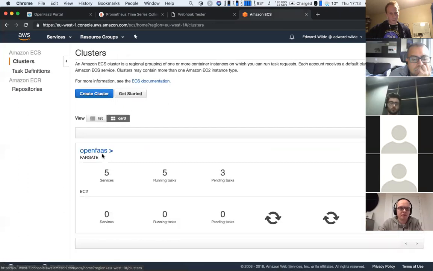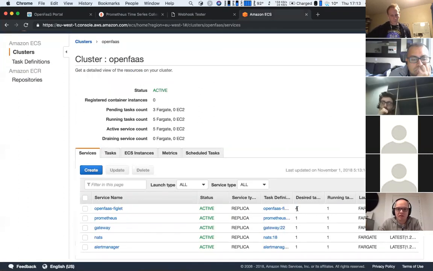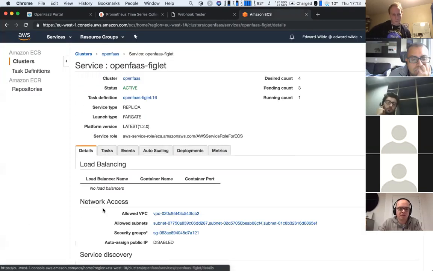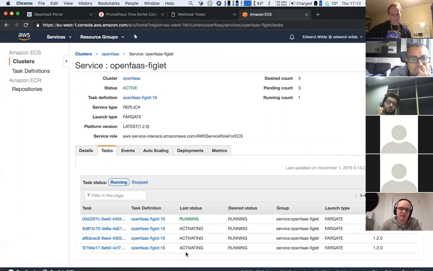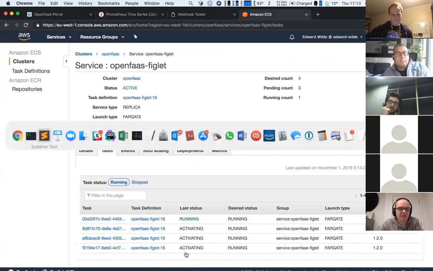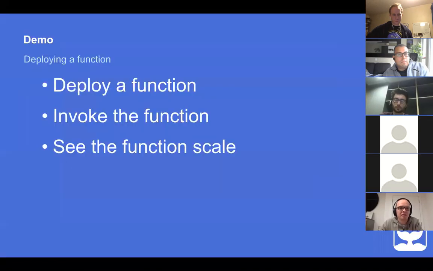Just bear with me, go back to the right screen. So yeah, you can see now that we're wanting 4 replicas, and it's going to be busy spinning those up behind the scenes. So you can see it's activating the other 3 instances. Okay, great. We got through that demo in the end. Thanks for bearing with me. So that's kind of the basic flow that I wanted to show. And then I'm going to dig a little bit into some of the components.